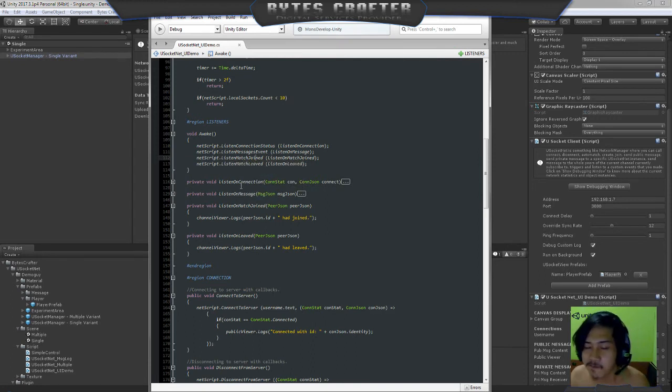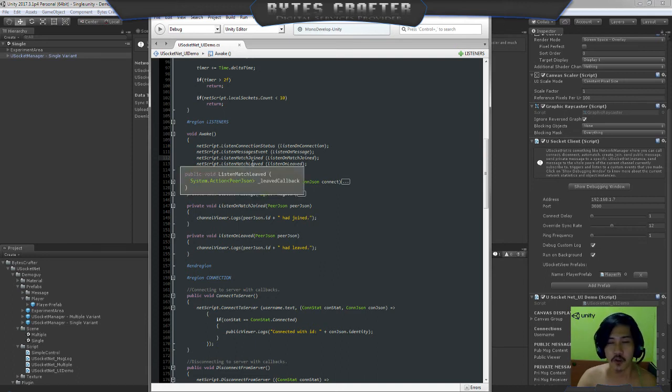Next, listen on match join. For example, you are currently joined into the channel and you want to listen if there is a player. uSocket client will take care of that, and I give you the option to listen if there is a user that is currently connected. So you can show your banner, players join the match, for example.